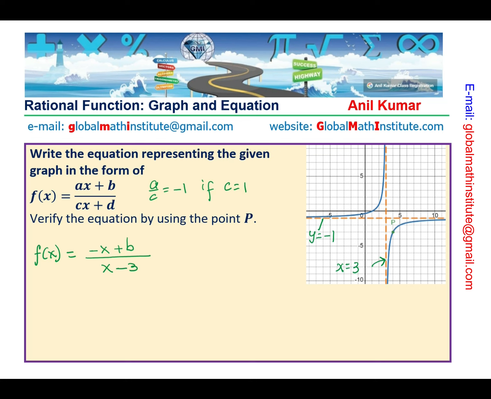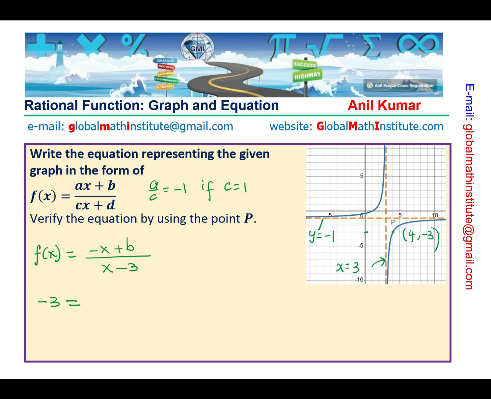Point P is given to us, and point P is for x value of 4, we have a value which is minus 3. So that should give you the value of b, right? So that is one way of doing it. We can use minus 3 and 4 here to get the value of b, right? So minus 3 for f of x,